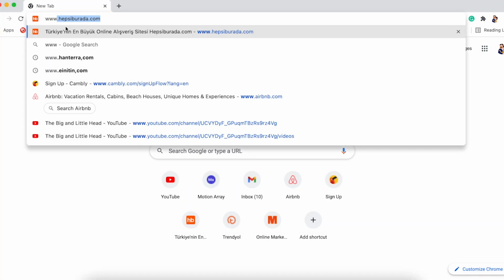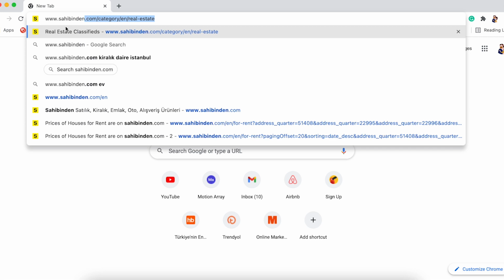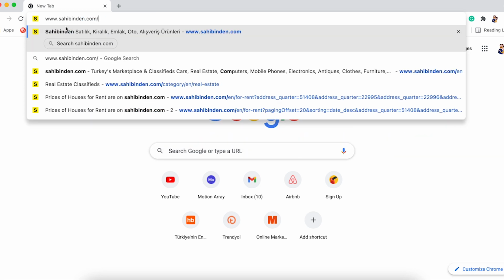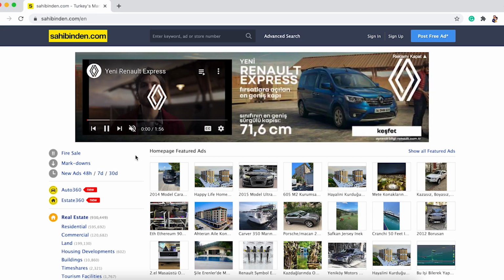But when you use it on your computer, you have browsers like Google Chrome that you can get it translated to English. So I'm gonna show you how to use the website and all the features available there. So in the address bar, we write sahibinden.com. And I put a /en to get the site translated in English. As you can see,